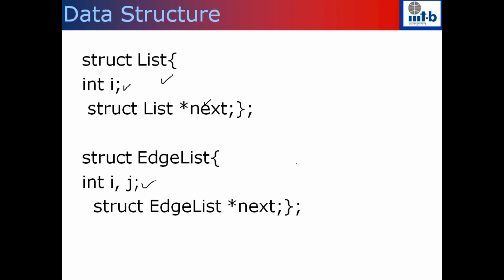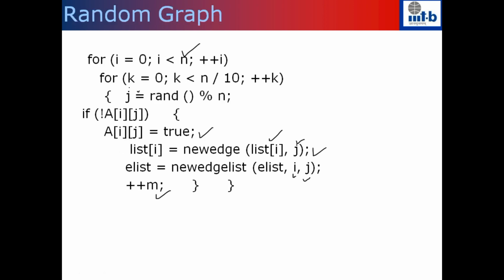So if you look at the structure of it, in the edge list representation we had to store both I and j, but in the case of adjacency list representation, there is an array list, so the starting point is already v of I, so you have to store which is the vertex which is adjacent to this. So this code will generate a random graph and store it in 3 different representations that we have.